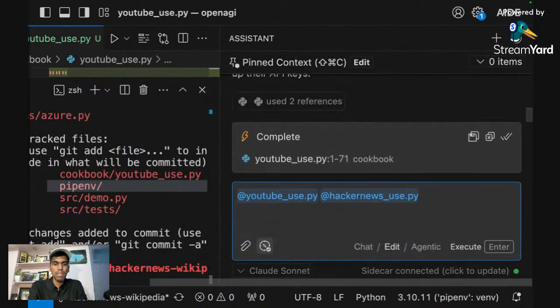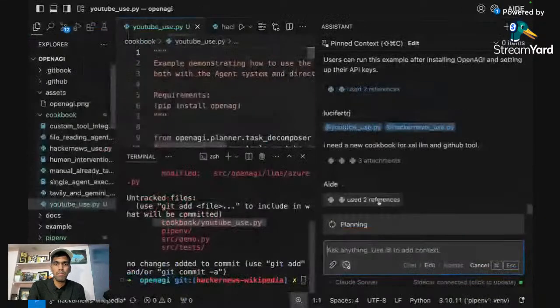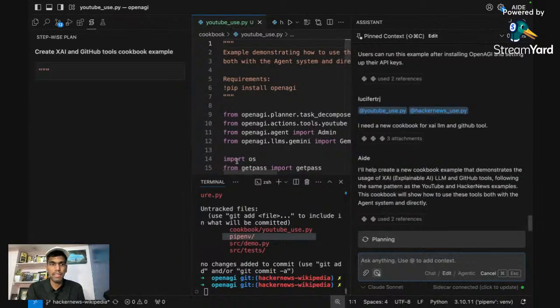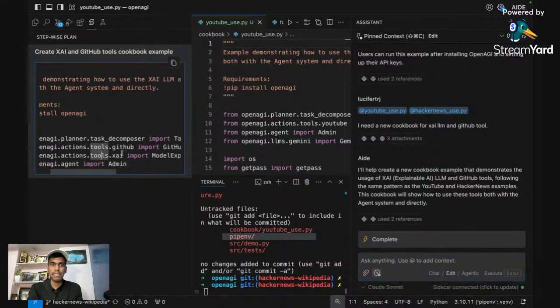Now what you can do is, I need a new cookbook for XCI LLM, and you can say GitHub tool. So what it will do is it will create a new file. So why did I add XCI? Because previously, in the YouTube use case and Hacker News use case, I'm using Gemini as the LLM. Now if you see, you're using XCI as the LLM.